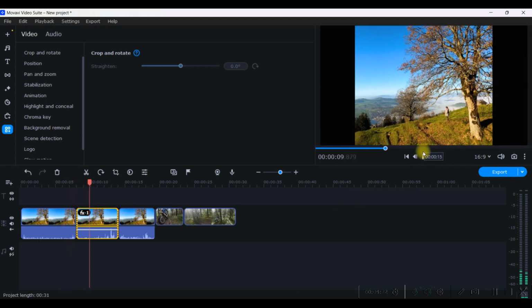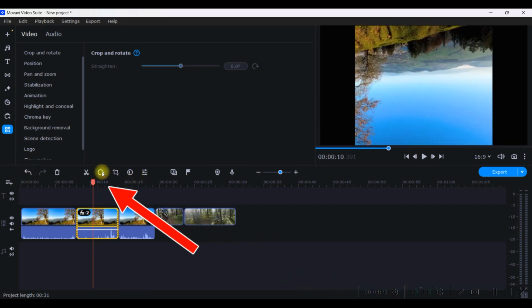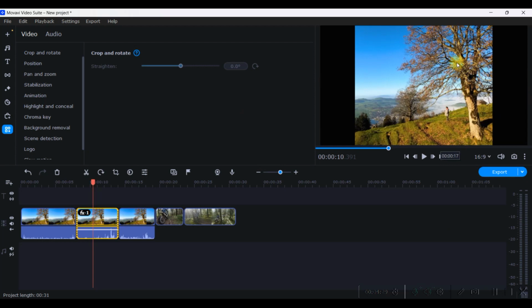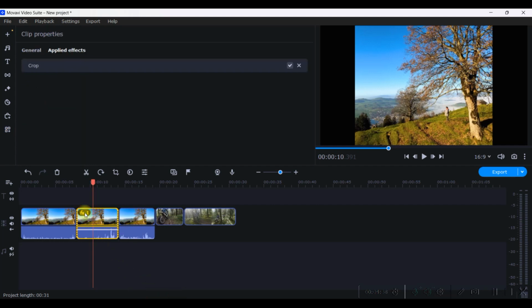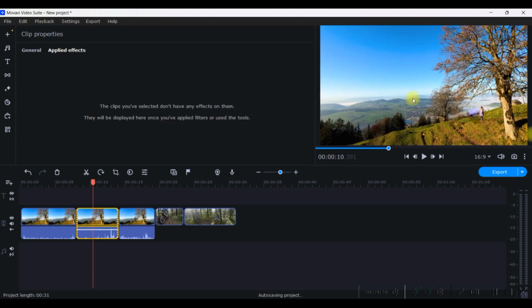Okay, this is cropped, right? This is how you can crop. For rotating, you'll have to use this one. It will rotate the video. And in case you don't want the cropping to exist, you just need to cross it and it will restore the previous ratio.